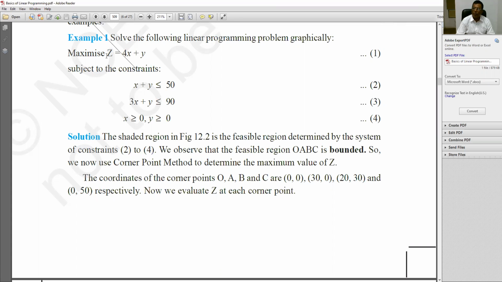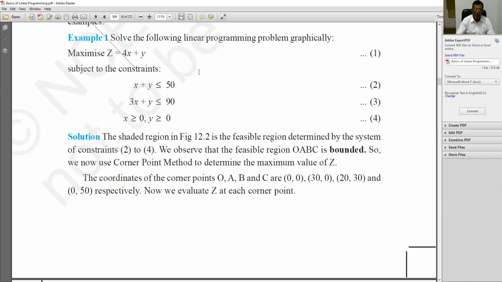Generally, a long answer type question at university level bears 10, 14 or 20 marks, and at state or India level competitive examinations like the Union Public Service Commission examination and others, this question may carry 20 marks. So firstly, what you have to do, you have to forget this z is equal to 4x plus y.